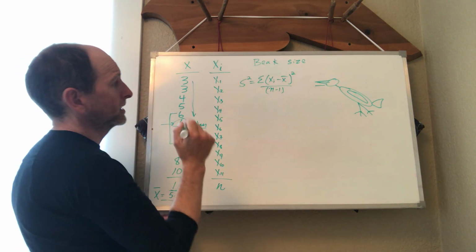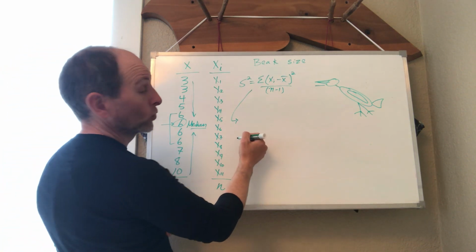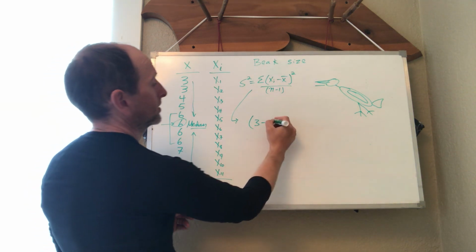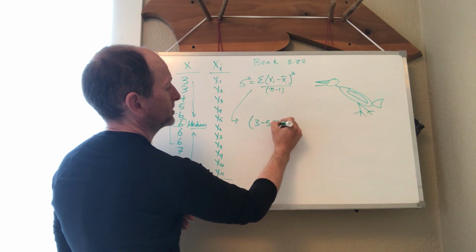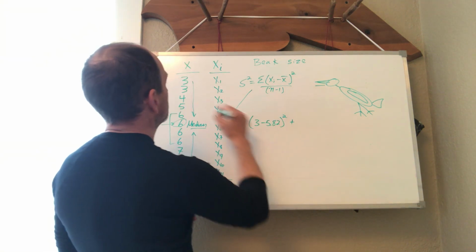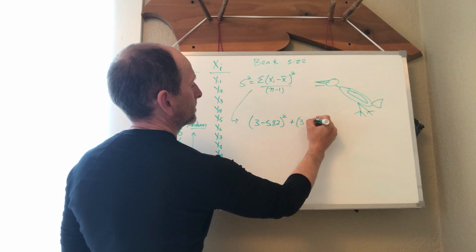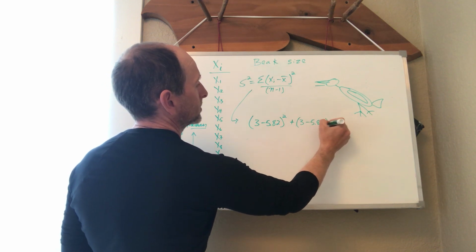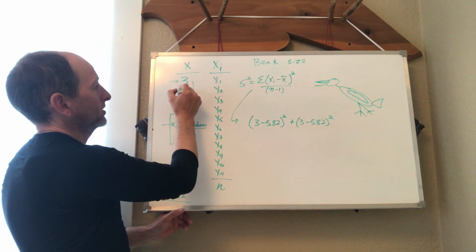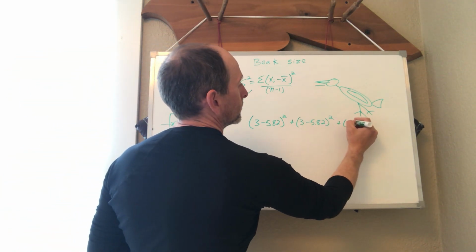In our case, let's draw out what this actually means. We're going to take 3 minus 5.82 squared, plus 3 minus 5.82 squared. So we took this one, then we took this one, now we're going to take this one,